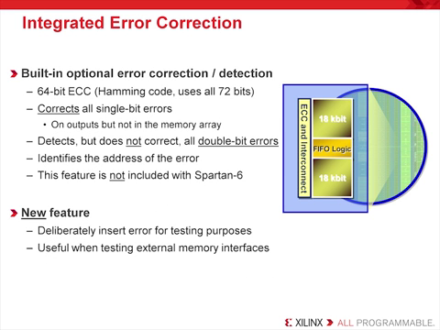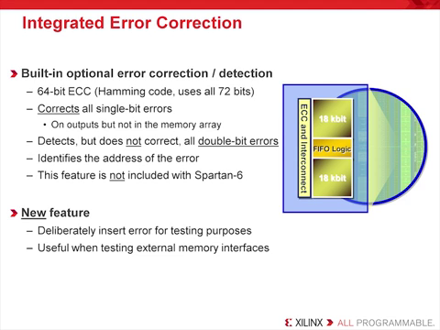The integrated error correcting logic, or ECC logic, corrects single-bit errors on outputs. It can also detect, but not correct, double-bit errors. This allows it to identify the address of the error when needed. This logic is dedicated in each block RAM and can be useful if you want to deliberately insert an error